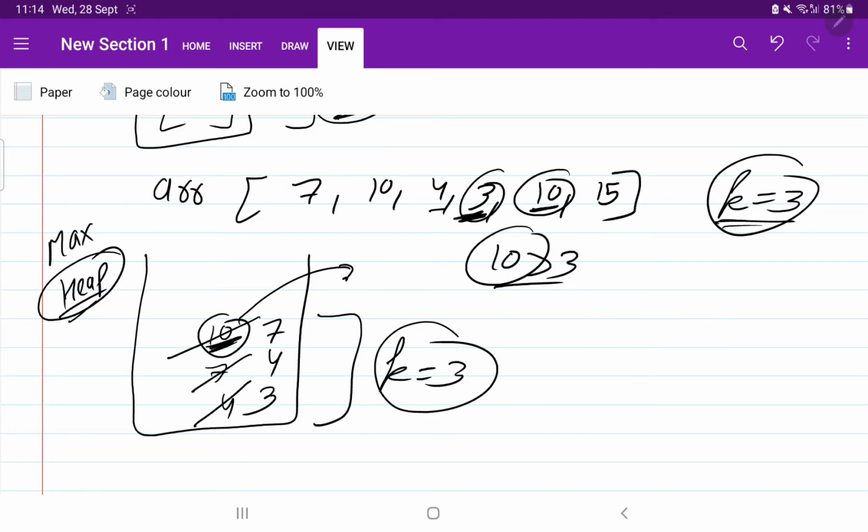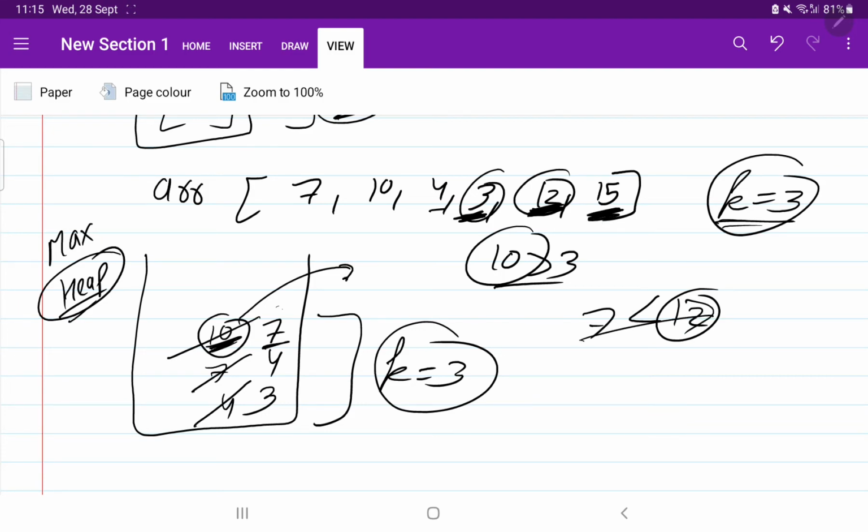This time, let's take 12 here. 12 is greater than 7. If we want the smallest elements, are we required to put that element in the queue? No, we don't require it, so we skip this element.